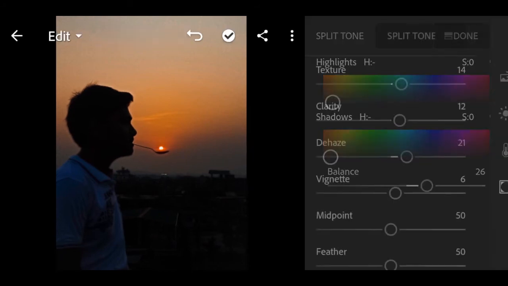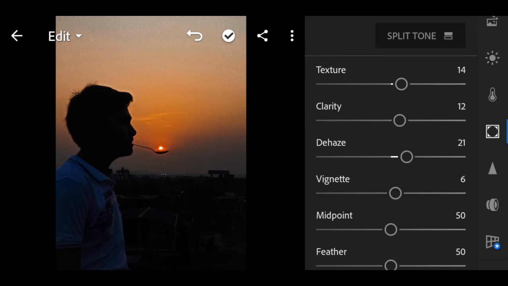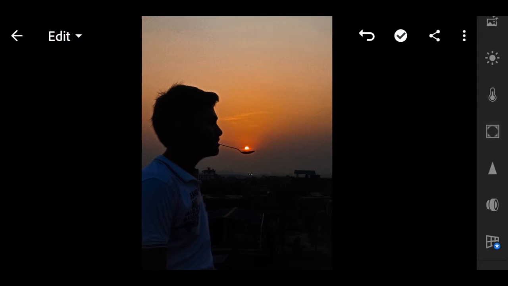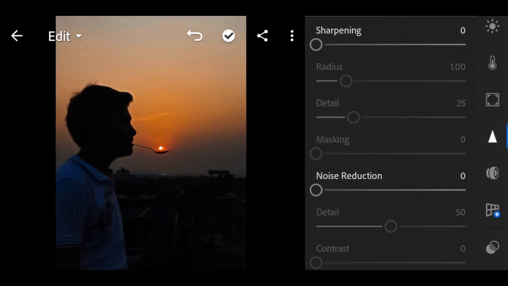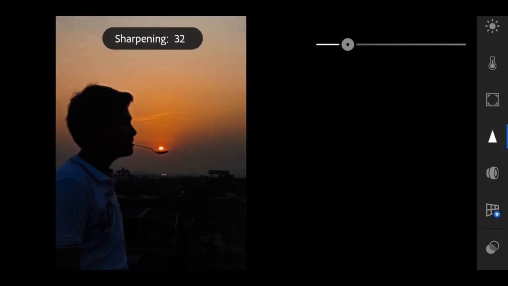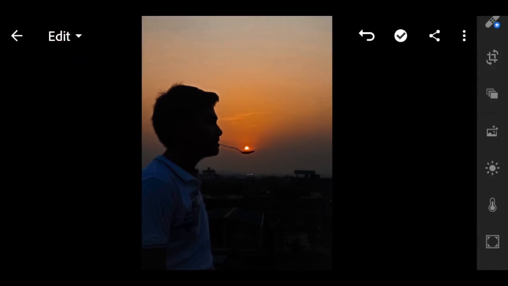Nice, it's good. So it is looking like this. Next all we will do is sharpen the photo. Okay, it's nice. Then let's choose a filter.